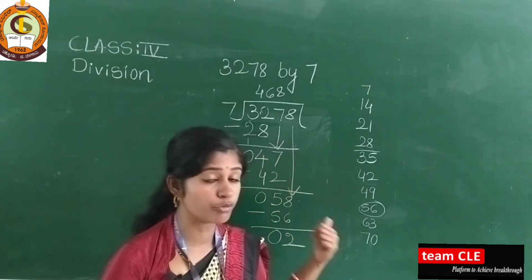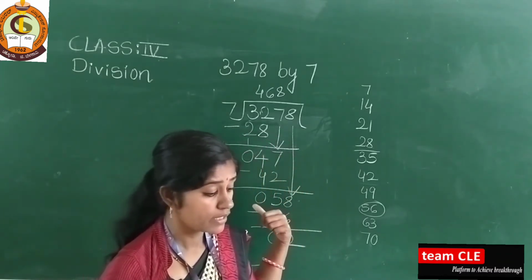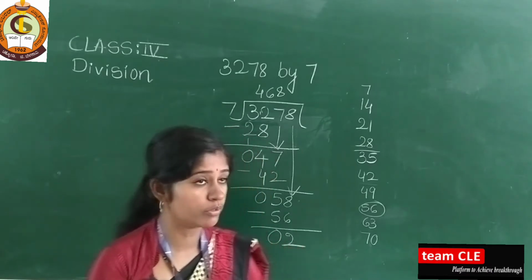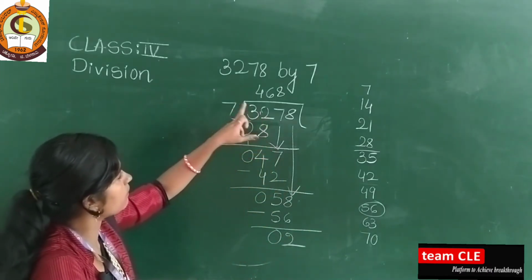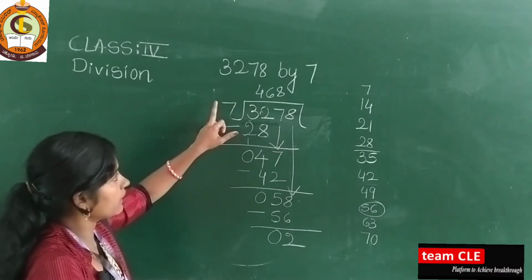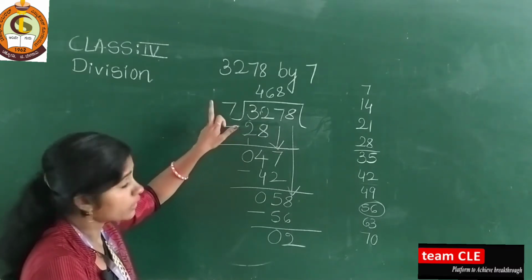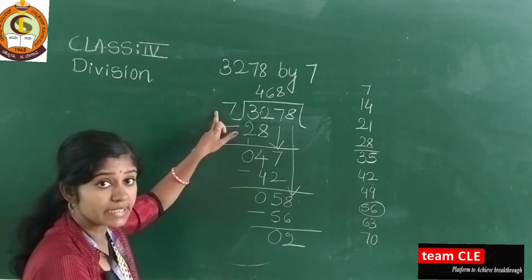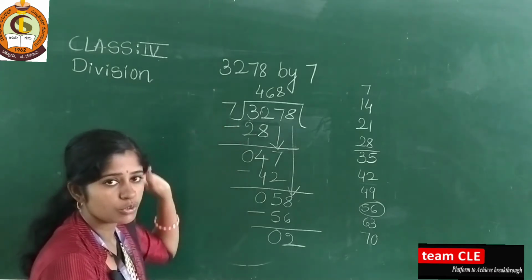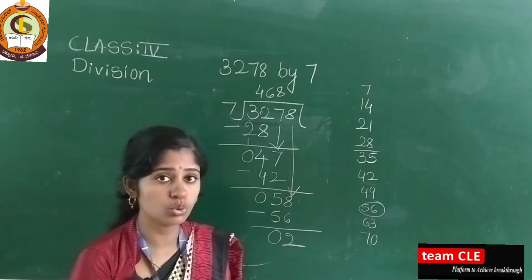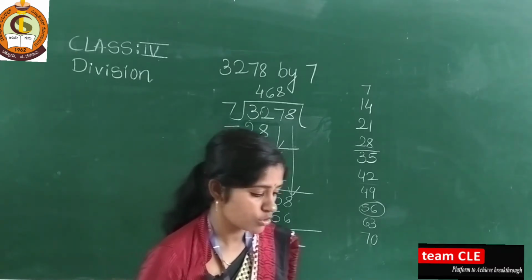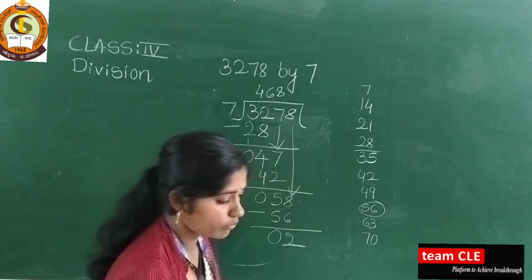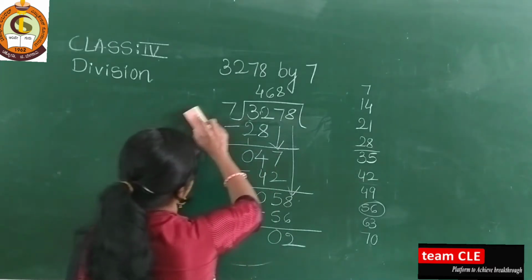Dear students, if you practiced these examples, then only you are going to solve this kind of problem with 2-digit numbers. Here you are dividing a 4-digit number by a 1-digit number, but in the next video you will get 2-digit divisors. For that you need to know at least 2 to 20 tables. So please keep learning the tables. So let us take one example from your My Practice Time 1, and that is,